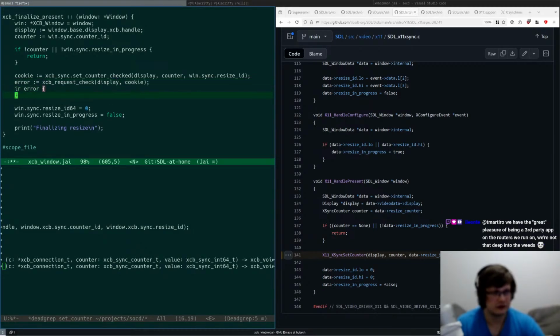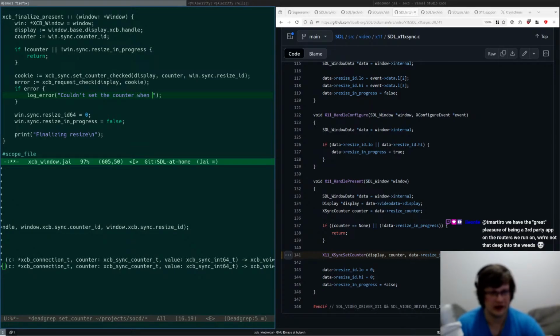If error, couldn't set the counter when finalizing window present. Error is